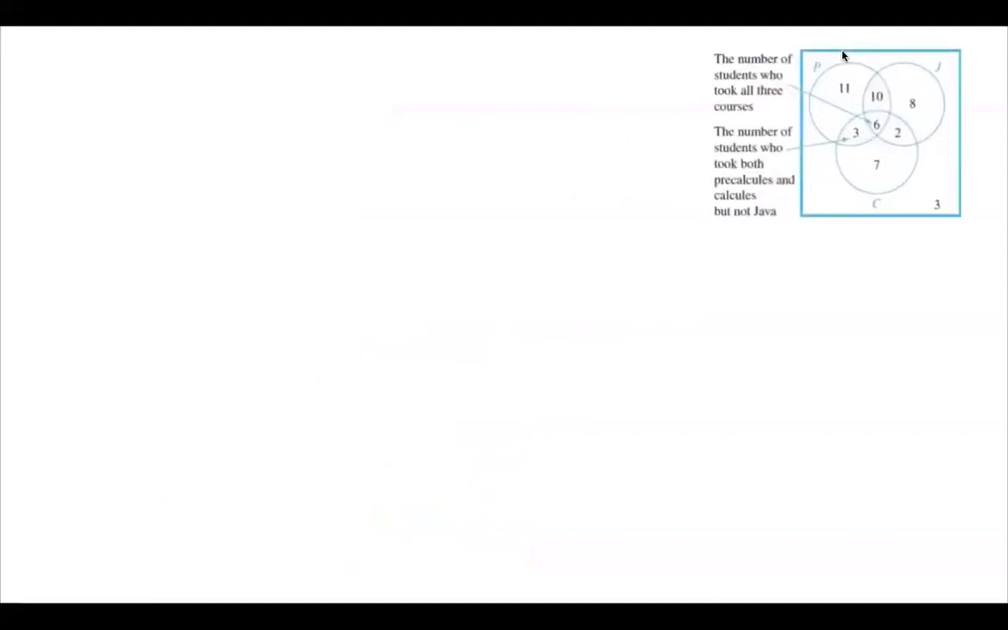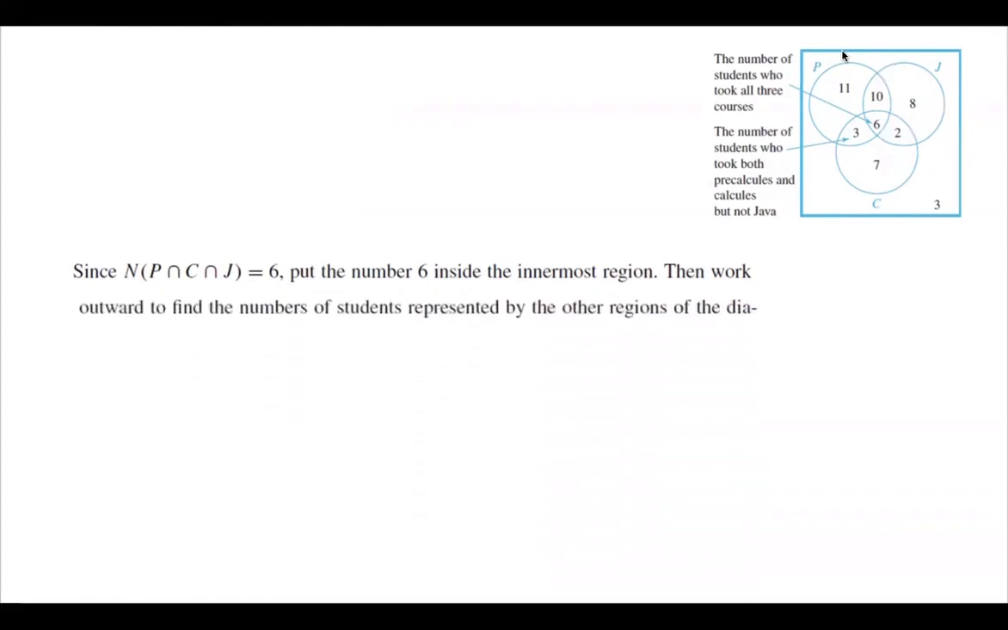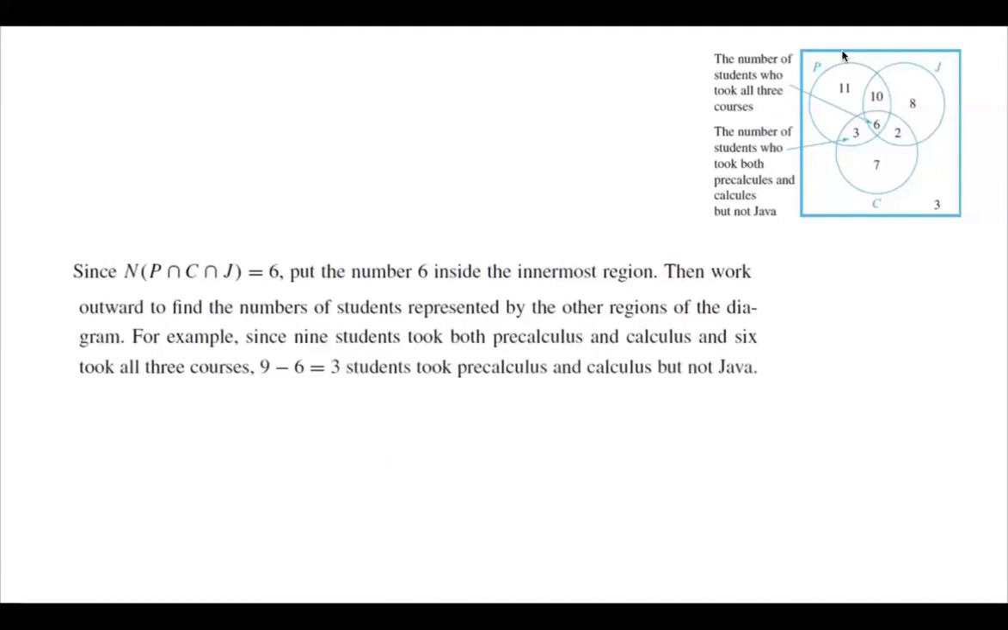So now that we did the calculation and we filled out these circles, since the intersection of pre-calculus, calculus, and Java is 6, put the number 6 inside, which is the intersection of all 3 circles, and do the calculation. For example, since 9 students took both pre-calculus and calculus, and 6 took all 3 classes,